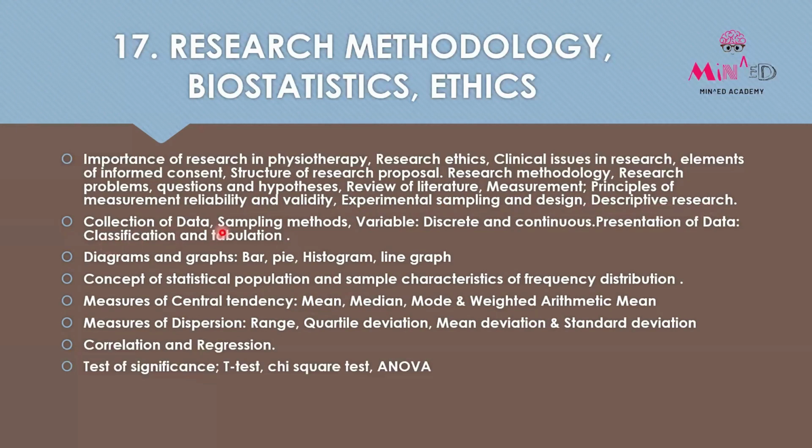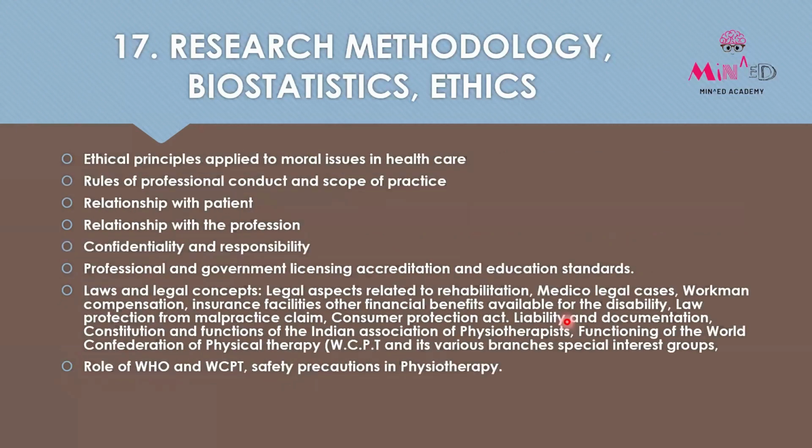We have collection of data, sampling method, variable which is discrete to continuous, presentation of data, classification and tabulation, then diagrams and graphs, bar, pie, histogram, line graph, concept of statistical population and sample, characteristic of frequency distribution, measures of central tendency, mean, median, mode, weighted arithmetic mean, then measures of dispersion, that is range, quartile deviation, mean deviation, standard deviation, correlation and regression, test of significance, t-test, chi-square test, and ANOVA,